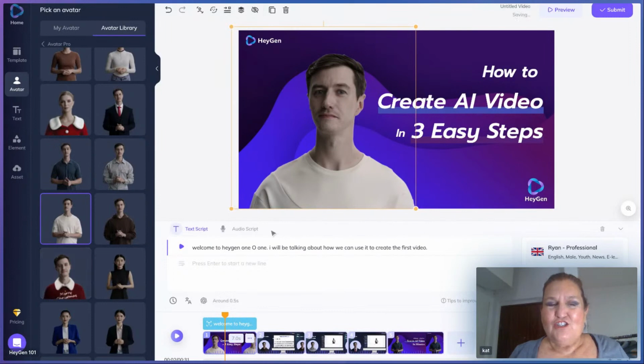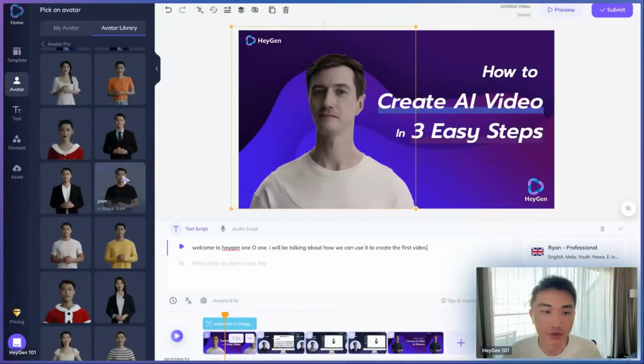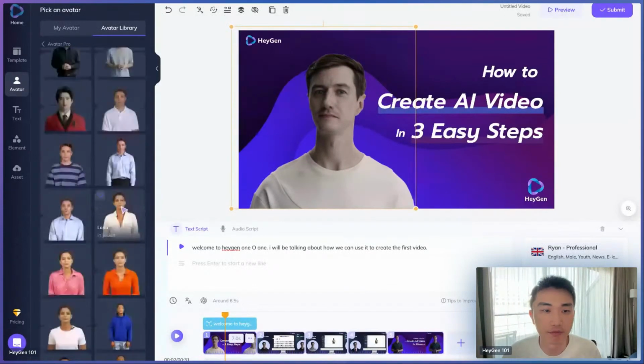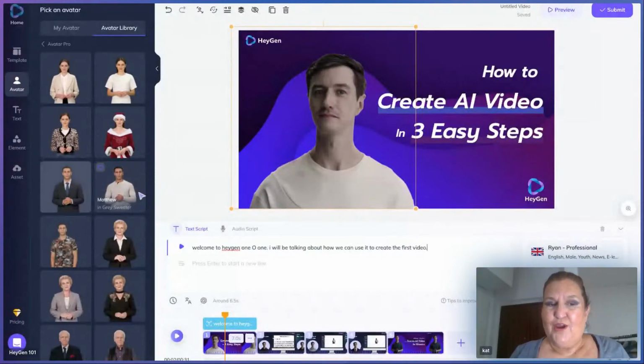Okay. So we know that there's lots of different languages. And I'm sorry, how many different avatars? 100, 200? Yeah, we have more than 100, like hundreds of them over here, covering different ages, genders, and different regions as well. Different ethnicities. That's great for diversity because that's so important right now.